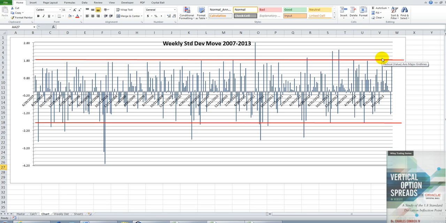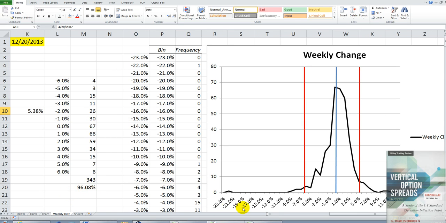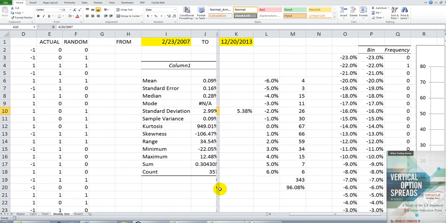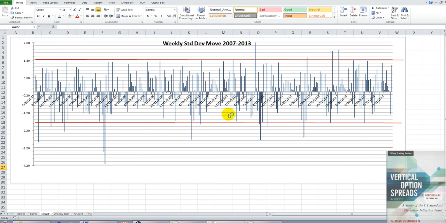So 14 divided by 357. I'm going to make sure that I'm counting those distribution data points correctly. Bear with me. Yes, it is 357. So 14 penetrations divided by 357 counts up to about 3.9% of the time. Again, 1, 2, 3, 4, 5, 6, 7, 8, 9, and 10, 11, 12, 13. Sorry, I miscounted, but it's still going to be very close. 13 divided by 357 gives me about 3.6%. So 97